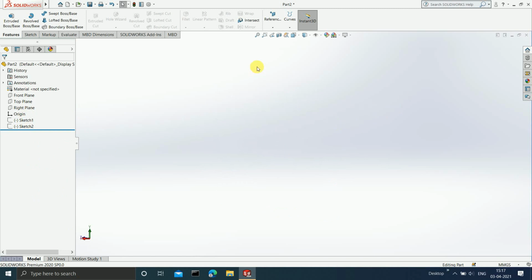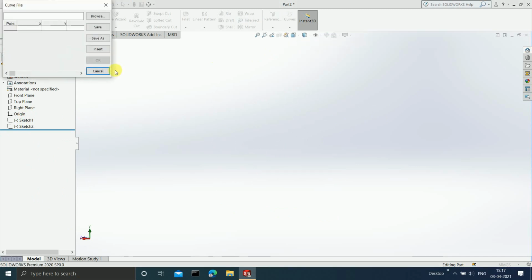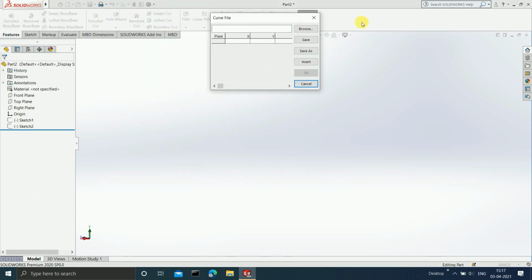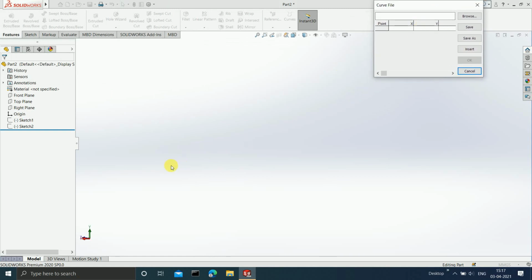Now what we will do is click on curve through XYZ points. Before entering the data in this particular table, see where your origin is. Just take your cursor over here, and you can observe on my screen that there is an orange dot which has appeared. This represents the origin. When I take my cursor on the origin, there is an orange dot. Can you see? So my origin is over here.